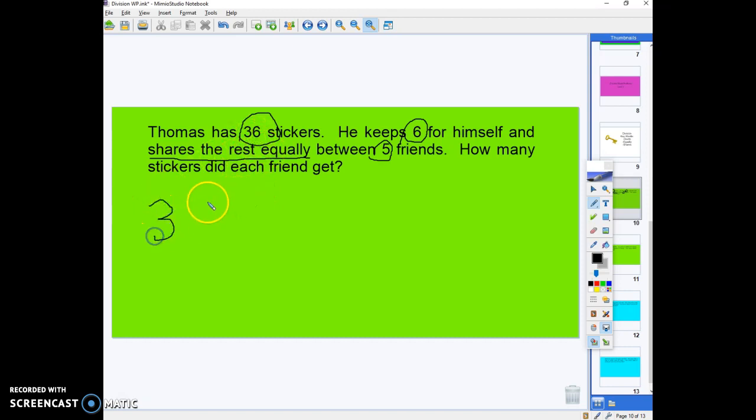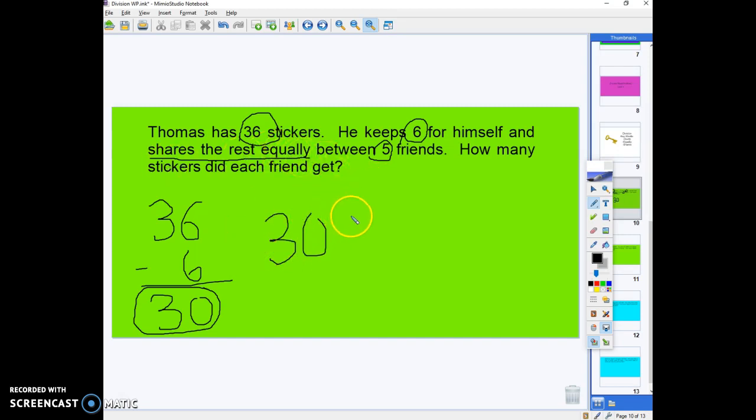So I know he starts out with 36. And then he keeps 6 for himself. So let's figure out what he decided to share. So that means we're going to do 36 minus 6, and that gets us 30. And then he takes this 30, the rest of his stickers, and he decides to share them between his 5 friends. So 30